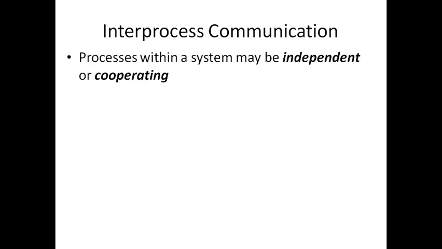Now, the need for inter-process communication. We have seen that there are a lot of reasons for executing a number of processes simultaneously. By switching, the CPU is going to be executing many processes at a time. Once you agree that many processes can be executing, they are either independent processes or cooperating processes.